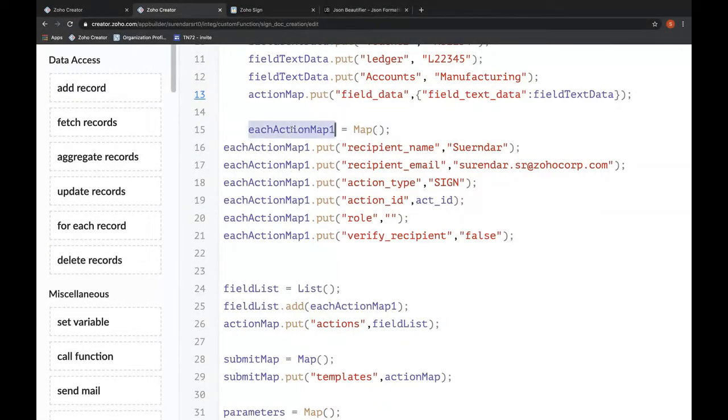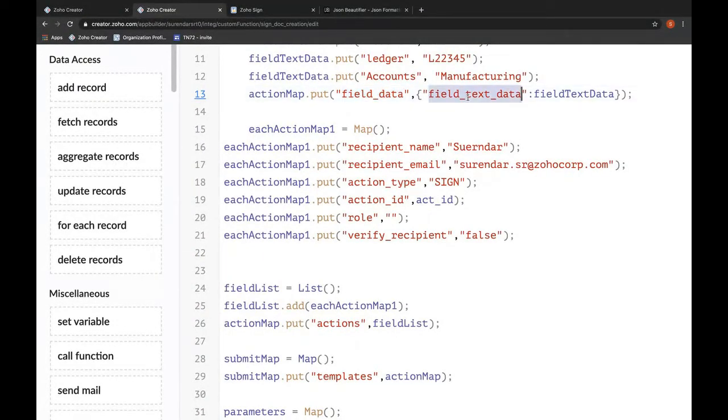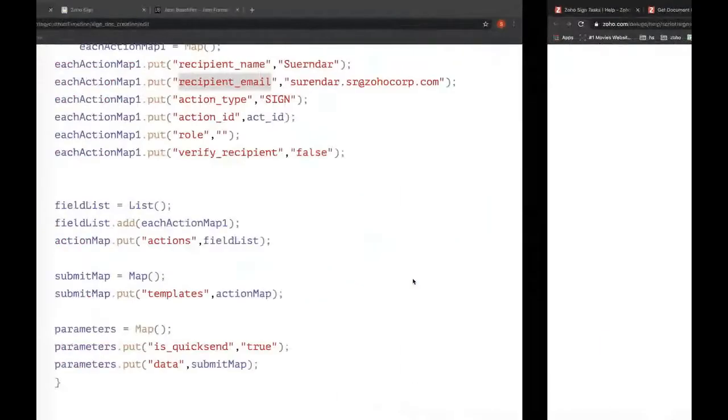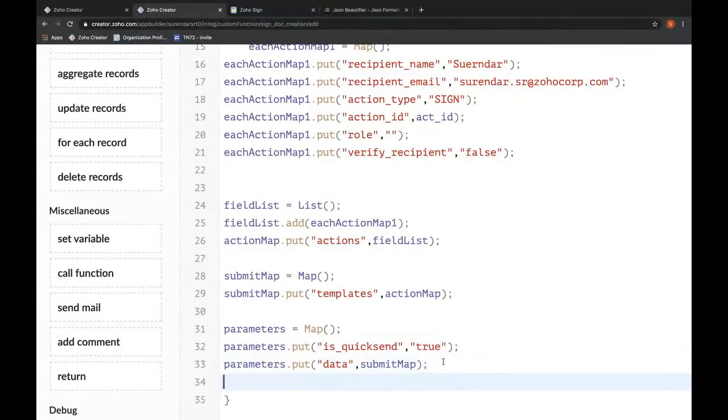So here I have given each action map, right? So we can say action map 1, action map 2, and those values have to be populated appropriately. Since I'm following the documentation as it is, I have not changed those names. But please don't change any of these key values inside this one. So the recipient name and these are the key values which are preset by Zoho Sign itself. Okay, we are not having authorization to change them. And so we have constructed the data successfully,